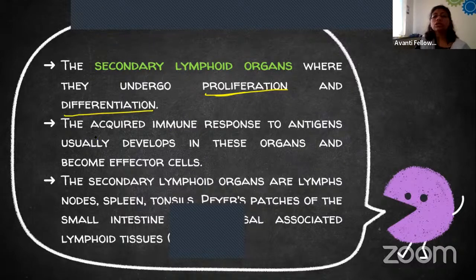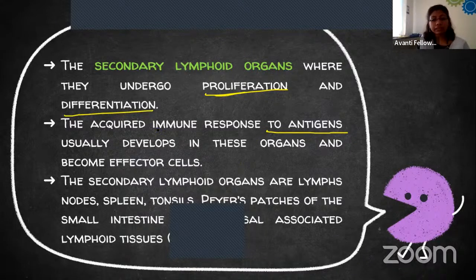Here the required immune response to antigen is needed. For the differentiation, we need to find out what types of enemies we have, what type of foreign elements we are going to encounter. Depending on those antigens, those foreign elements, we are going to make different types of lymphocytes. The differentiation of our lymphocytes only depends on the type of antigen they are going to encounter. So they require an immune response to antigen. Without antigen, they are unable to make differentiated